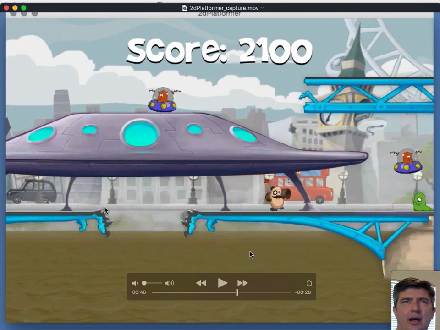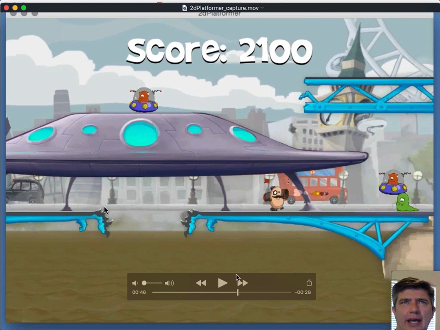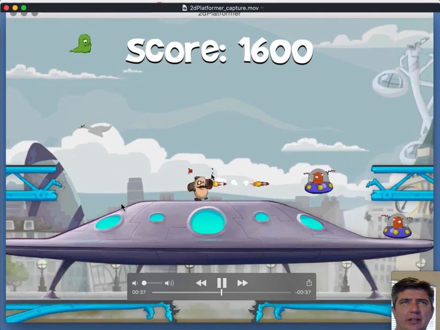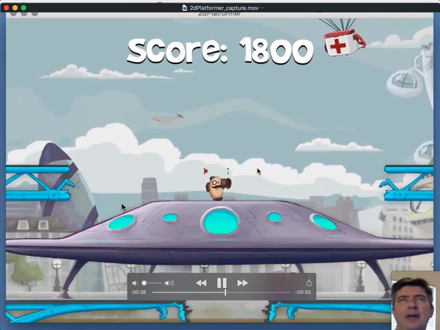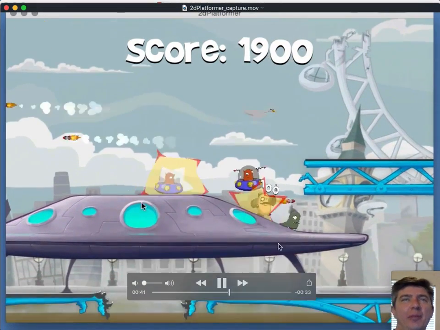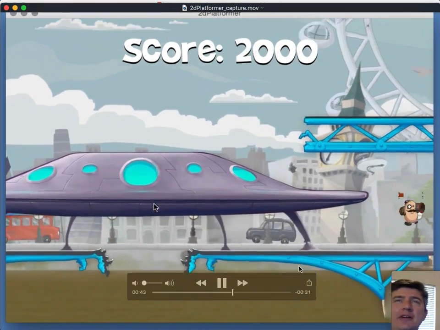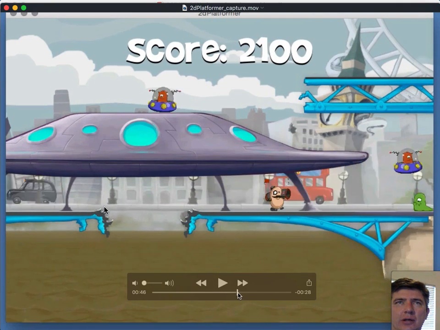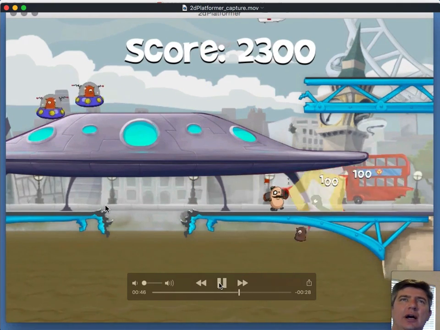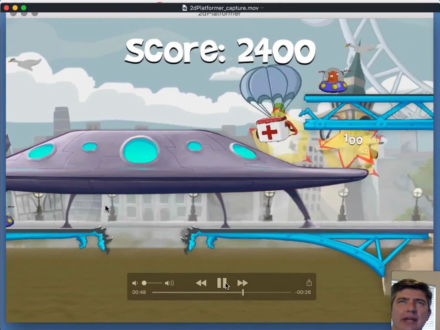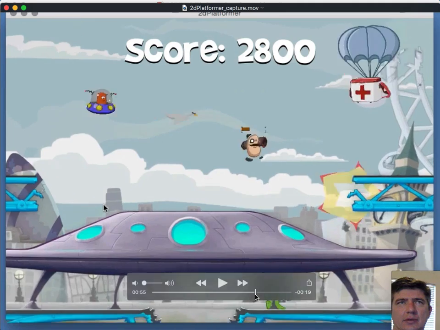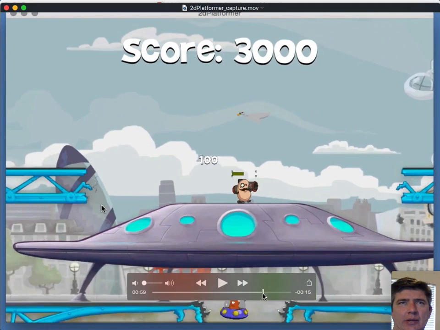So the character here has a health meter on top of his head. When he jumps back up here, it's a little easier to see. There's a health meter. There are health pickups, but eventually you're going to run out of health and you are going to perish. So you take the last bit of damage. Well, not yet, I guess. Keeps going.